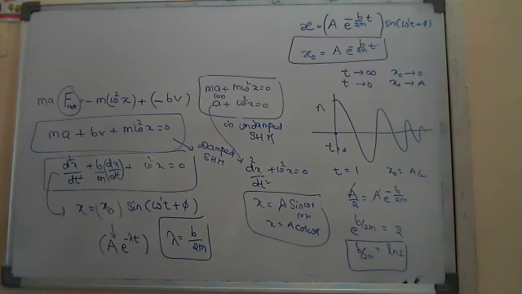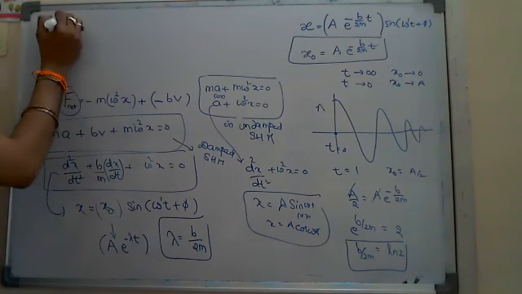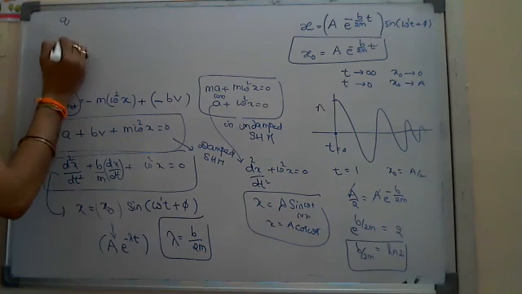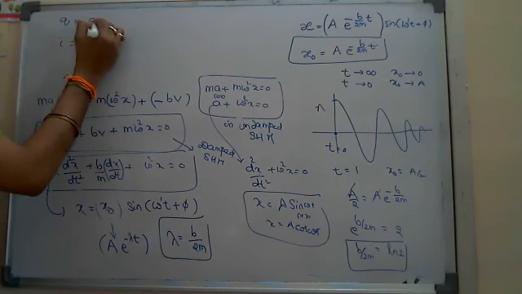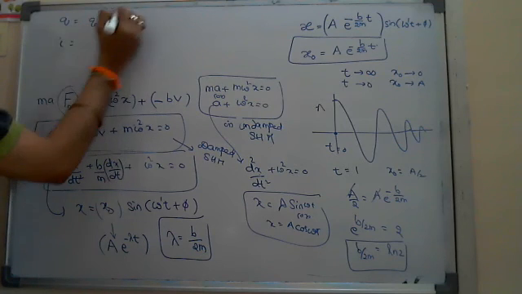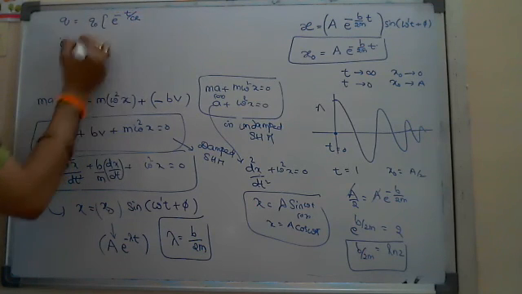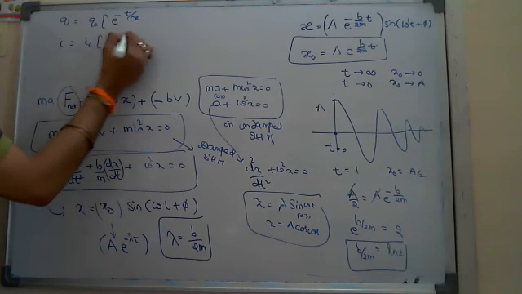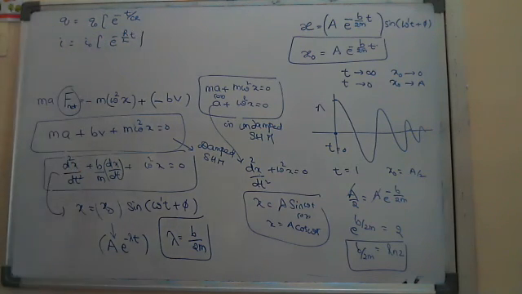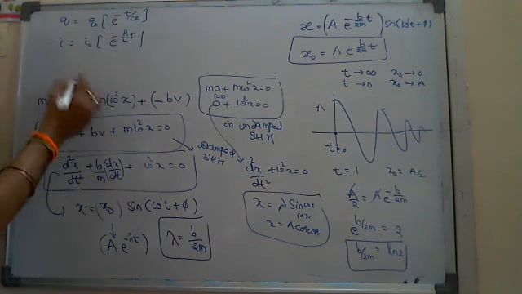Okay, in the electricity part, in case of damping, meaning the decay of charge and decay of current, we get equations like Q naught into e power minus T by CR, if it is charged, and this one is I naught into e power minus R by L into T. Try to recollect. You can say the answer for my question.